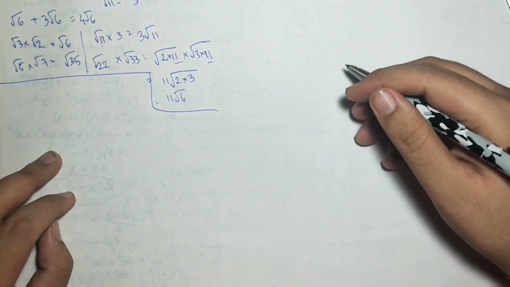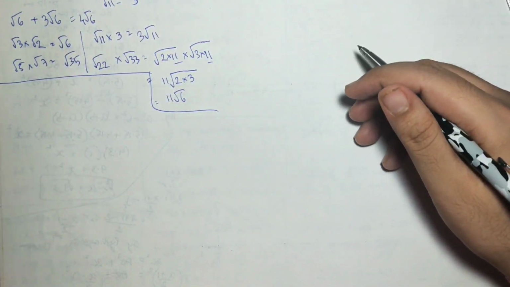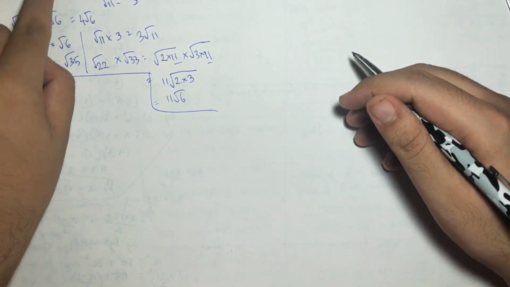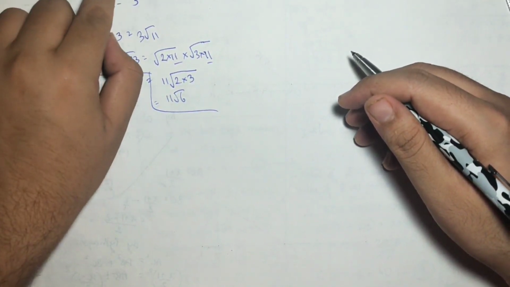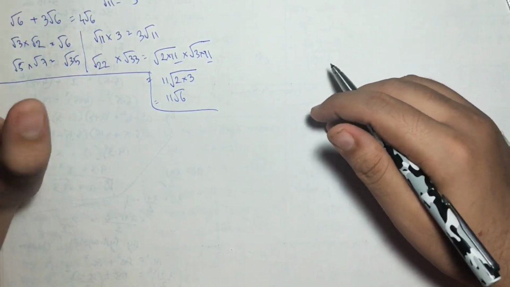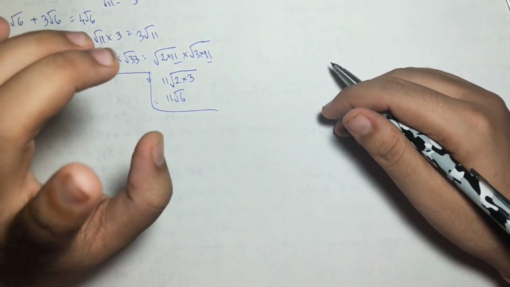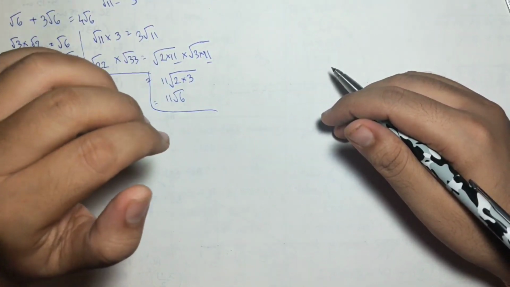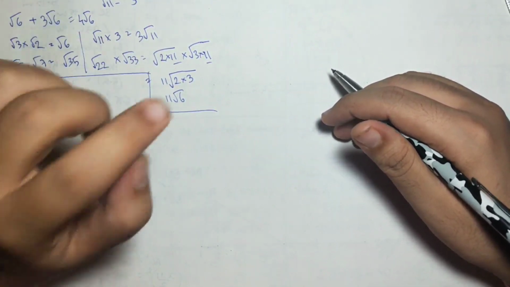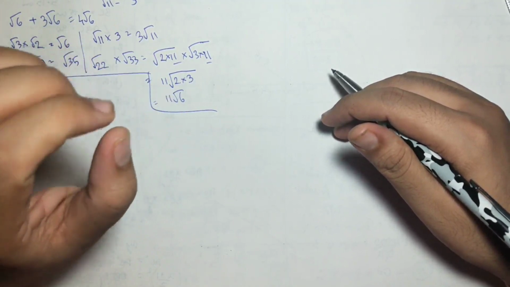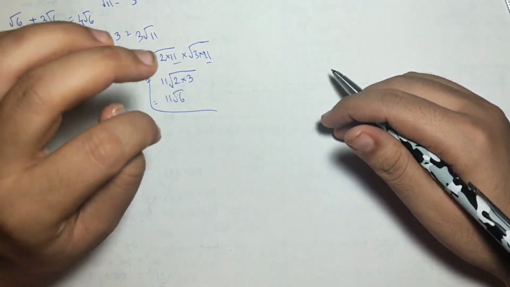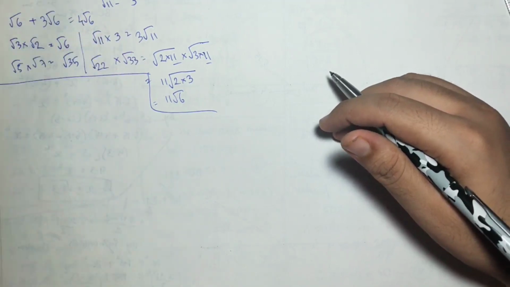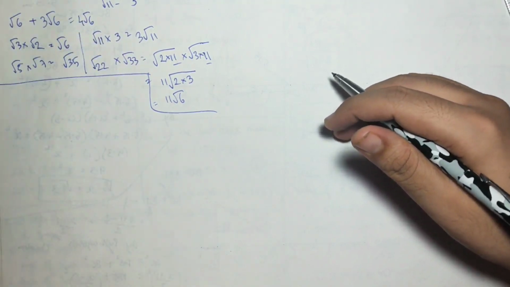Here, what thing should be taken care of is whether the number given is monomial, like root 2, root 3, root 5, or binomial, like root 7 minus root 5, something like that. So if it's monomial, then what should you do? And if it's binomial, then what should you do? No doubt trinomial also comes, but that trinomial will be taught when we give you the worksheet. In the worksheet we have trinomials also.